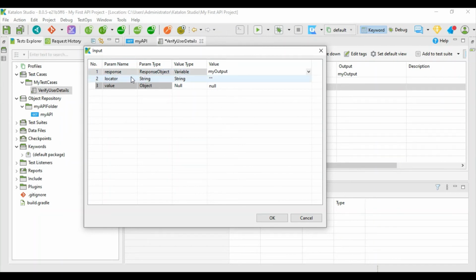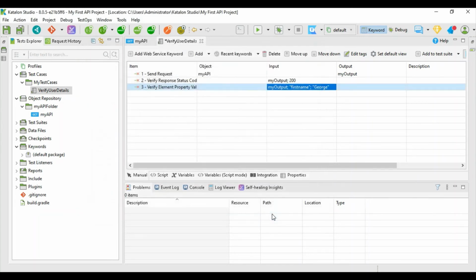So we're going to locate what element we are trying to find. For the time being, let us leave it there, and it should have a first name. Here we are going to enter our locator, and what value it should have, an object of type string, and it should have a name of George.